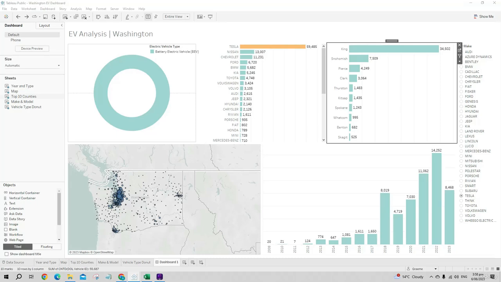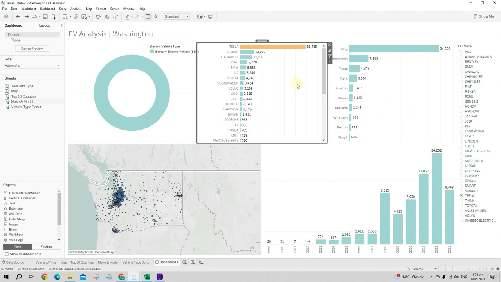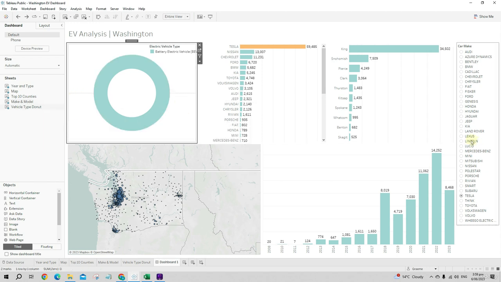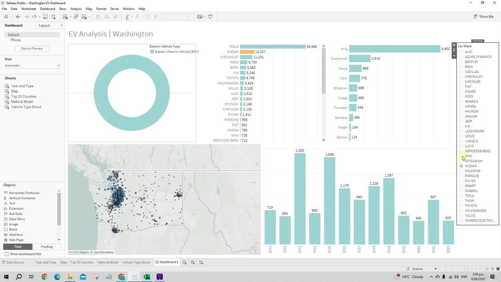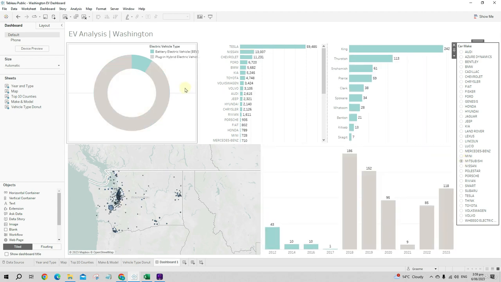Hi everyone. So now what I'm going to do is just do some final formatting before we publish this dashboard. Now I would like to remove our lines in the background. You can see them in the charts here and also in this donut chart. But first let's just select a vehicle type that has both battery and plug-in, just so we